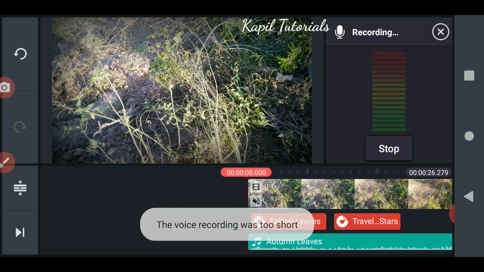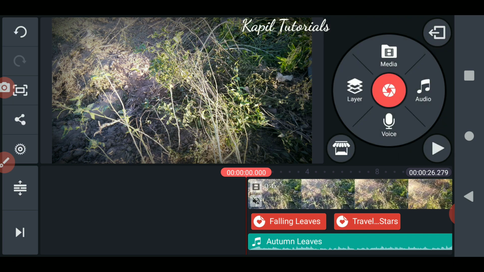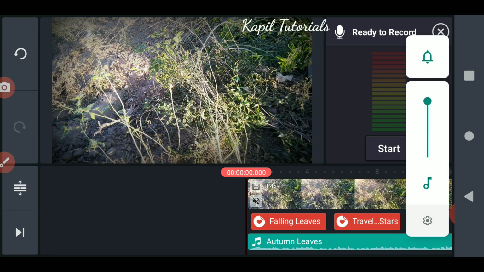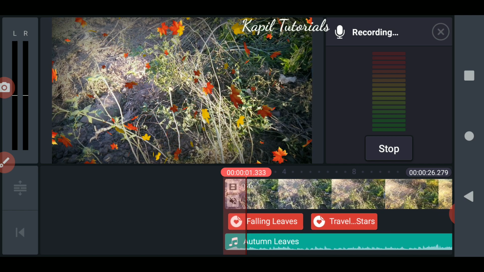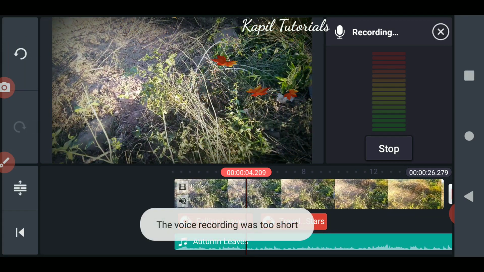Okay, is it clear? Just now I'm using a microphone. Now I'm taking out my microphone, directly voice, and then like this you can do whatever you feel like, and it will be recorded.